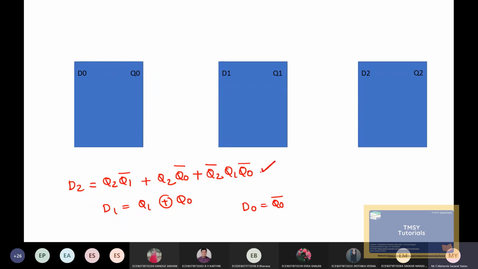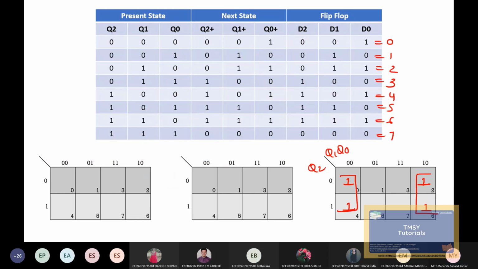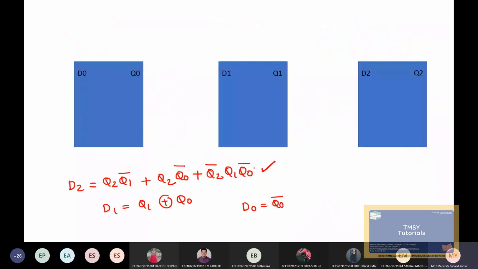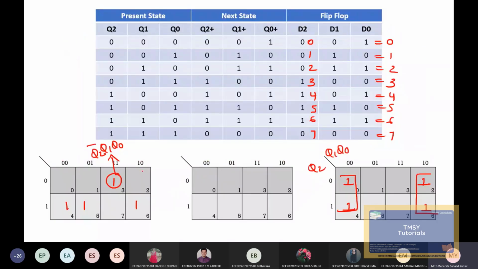Once I try to check this one. D2, is it correct? So here this will be Q2 bar Q1 Q0, is the first one.